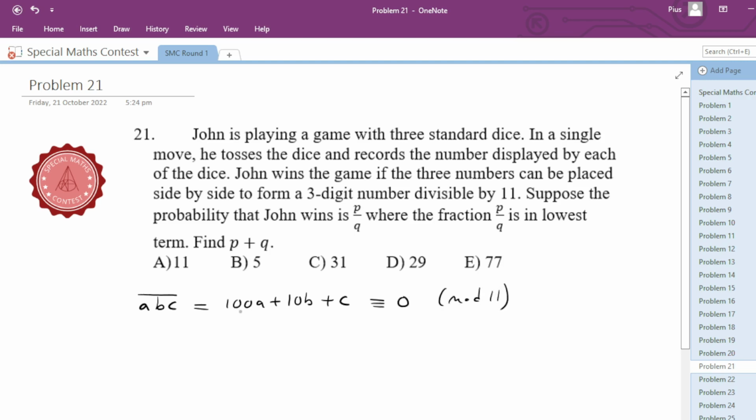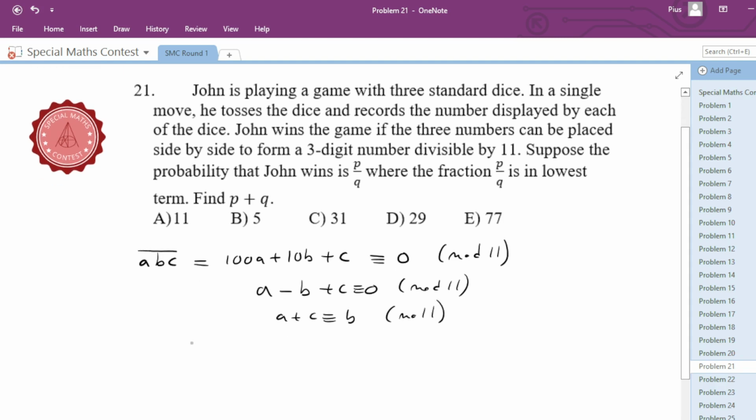Now 100 is congruent to 1 mod 11 because 99 is a multiple of 11. So here we can simplify this as A minus B plus C congruent to 0 mod 11. So that is A plus C is congruent to B mod 11. What this means is that either,